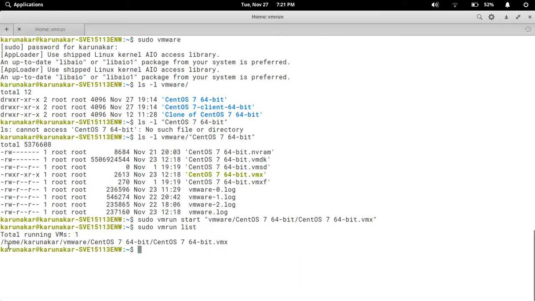And the path is, you can observe here, /home/karunakar/vmware/CentOS 7 64-bit folder and CentOS 7 64-bit .vmx file. So in this way I can see the list of running virtual machines. Suppose I want to restart a virtual machine, so how to do that? For that I have to use this command: sudo vmrun reset and the full path of the vmx file, vmware